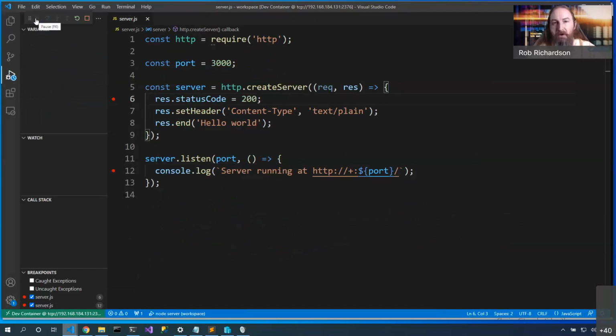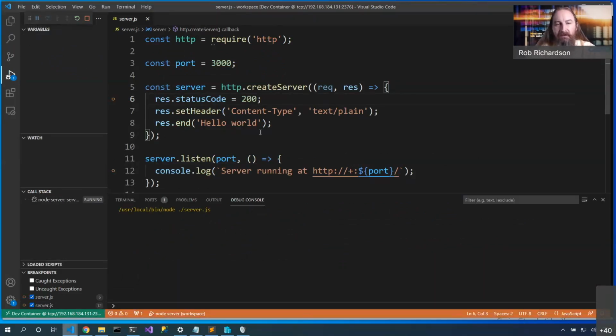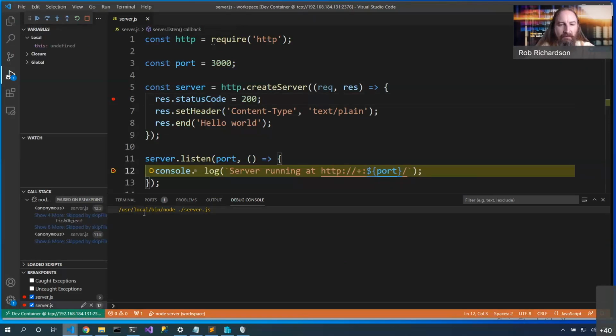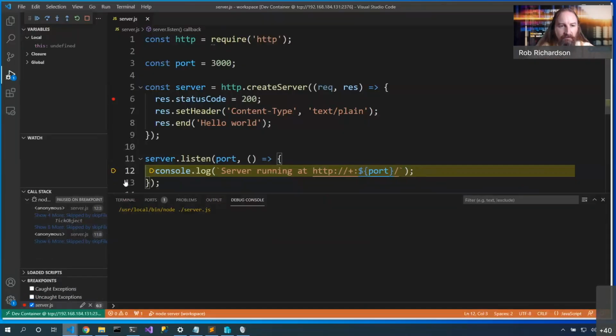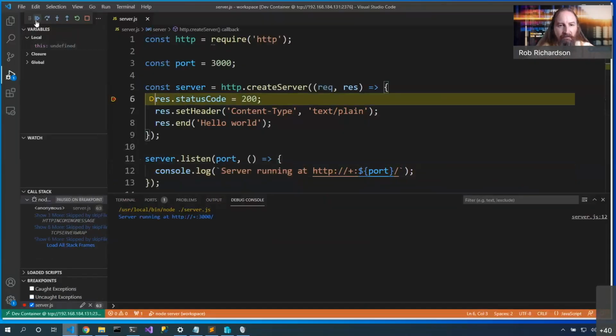Now the cool part about this, we see that we've got syntax highlighting, we've got a normal type of run environment. Yep, we hit our breakpoint straight away. Oh, would you like to open it in a browser? Why, yes, I would. Notice that it's localhost 3000. We're proxying from the VS Code through that socket into the remote container. Now we're still at our breakpoint, so I'm going to take off this breakpoint and push play. And now we'll get to our first breakpoint in our code.